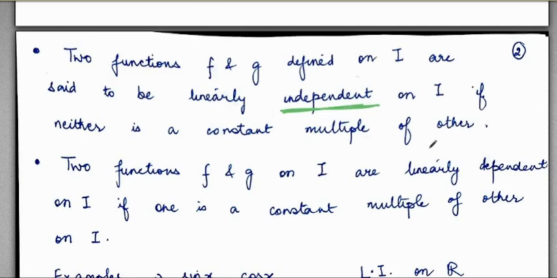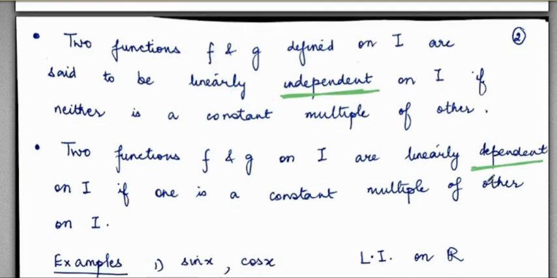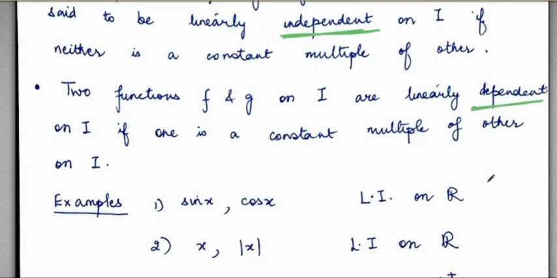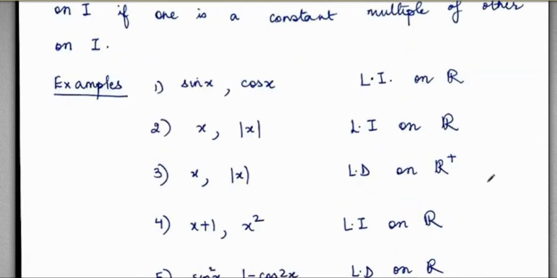We are going to do examples in a little while, a lot of examples in fact. So let's quickly understand what linear dependence is. As the name suggests, a pair of functions is linearly dependent if it's not linearly independent. So that means one function is going to be a constant multiple of the other in this case. Let's quickly have a look at the examples. Look at sin x and cos x. Sin x cannot be written as a constant multiple of cos x. That's not true for every x. So they are linearly independent.